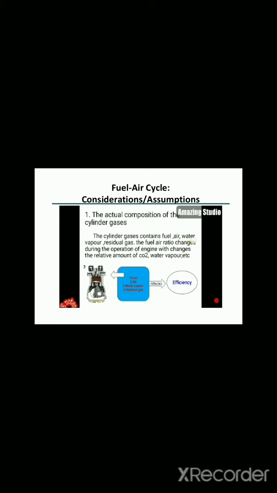Fuel air cycle, that is a consideration and assumption. The actual composition of the cylinder gases: the cylinder gases contain fuel, air, water vapor, and the residual